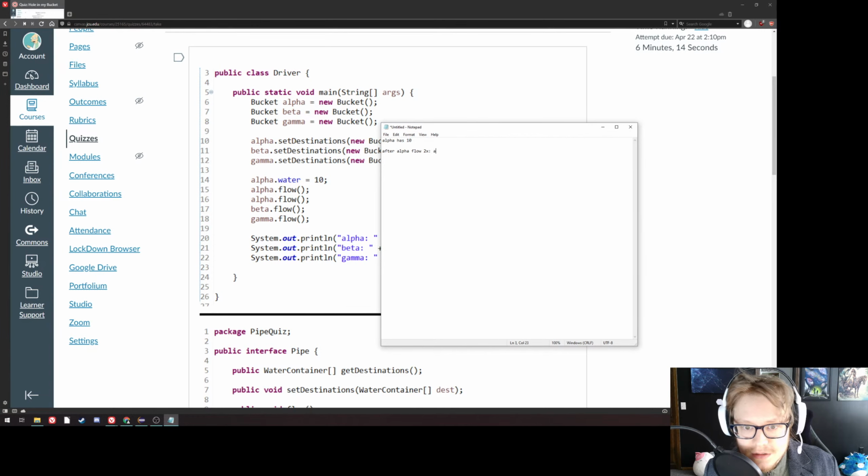So alpha has 6, beta has 2, gamma has 2. Then after beta flow, alpha still has 6, beta has 1, and gamma has 3. Alright, so after gamma flows,